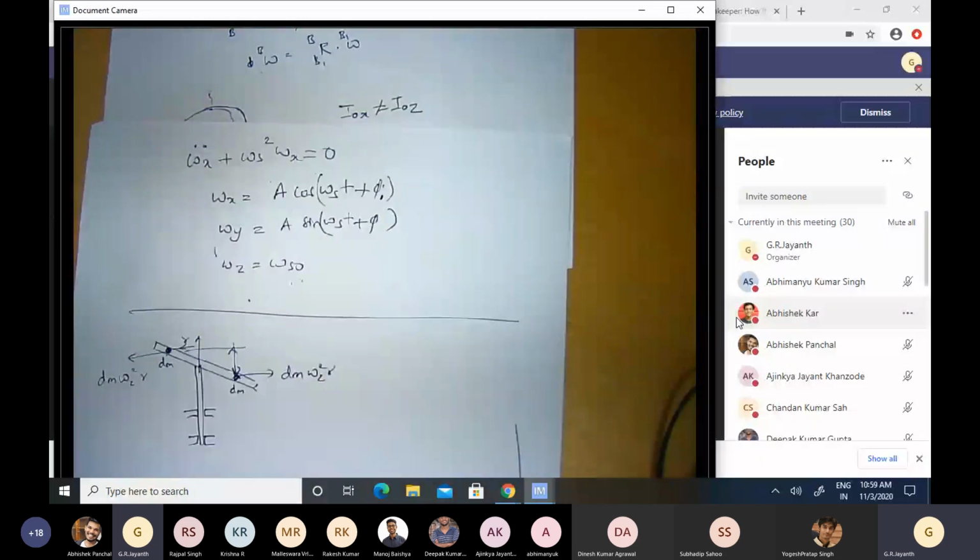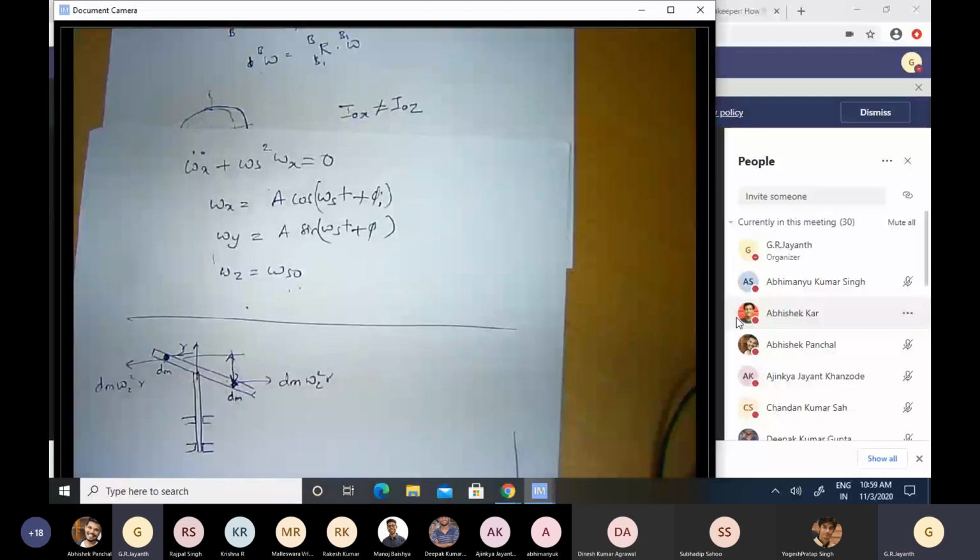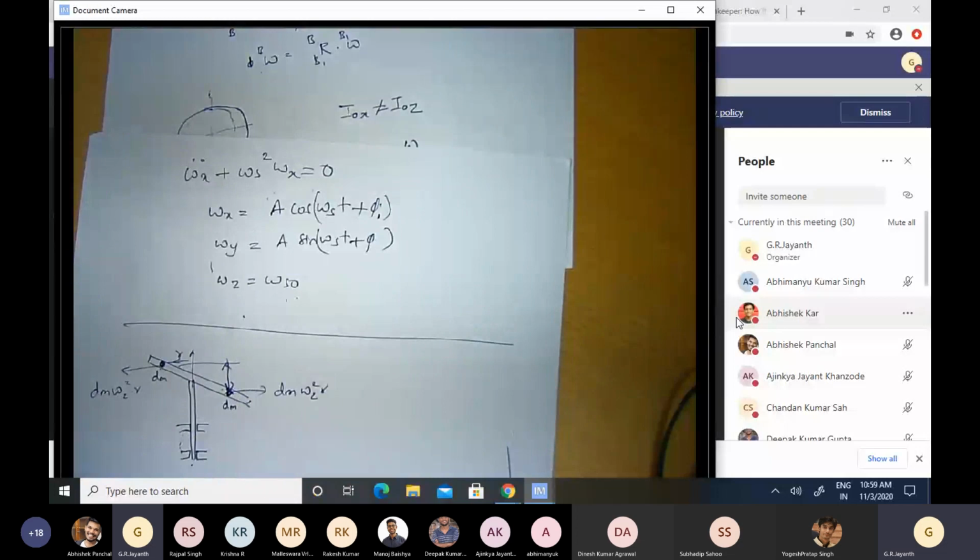They're not collinear forces. There's an offset of some amount, which is 2r sine theta in this particular case, and therefore there's a moment, right? There's a couple that gets generated because of these two forces, and that is what is responsible for the reaction forces here. Now, can we come up with a similar explanation for why you would have reaction forces also in the case of a spinning wheel?